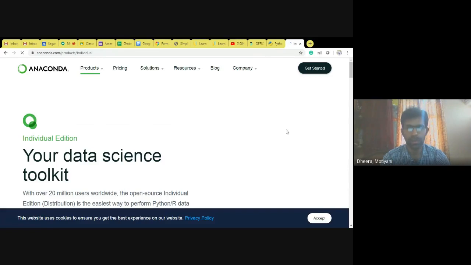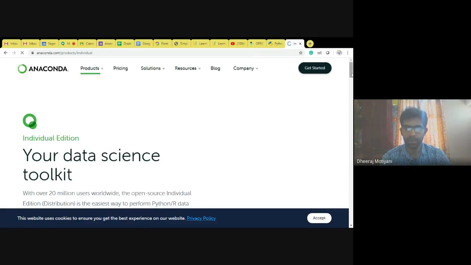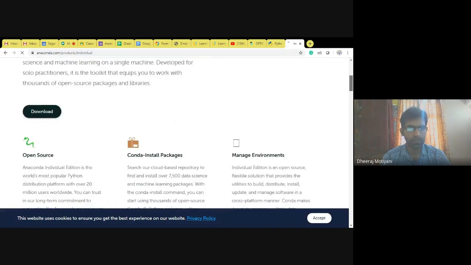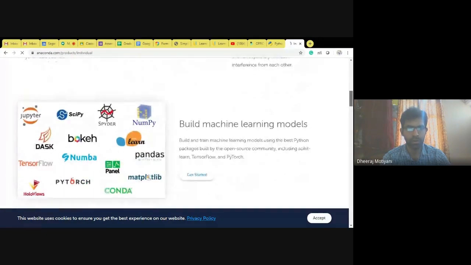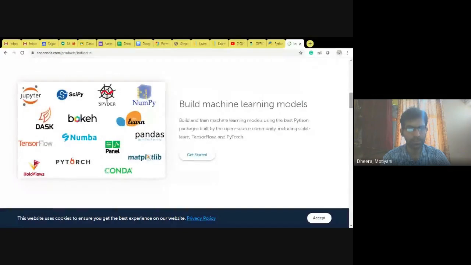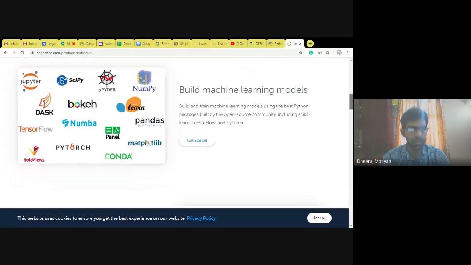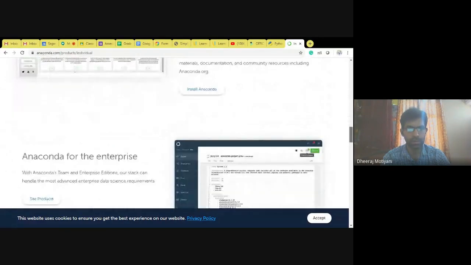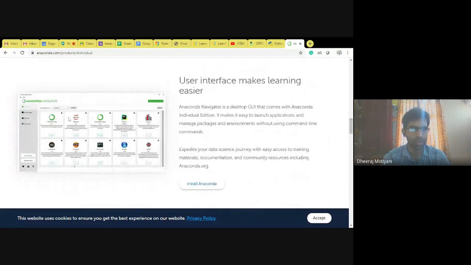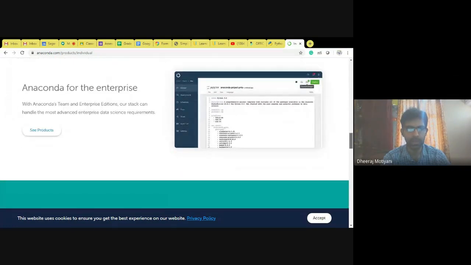Data science toolkit. So this is your Anaconda part. You have the packages, manage environments, and can build machine learning models through these things, and there is an open source community. You also have PyCharm present here, and you will get PyCharm in the latest version of Anaconda.